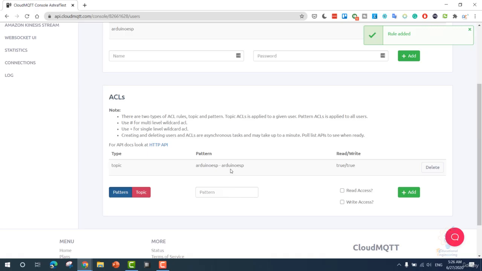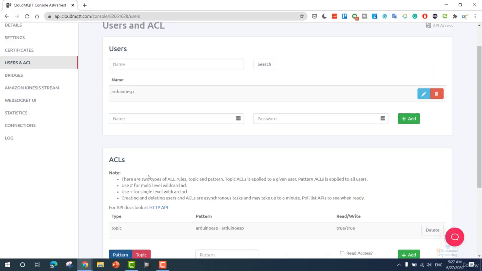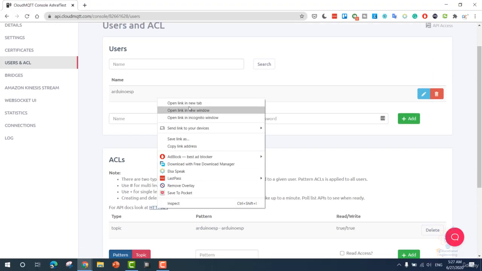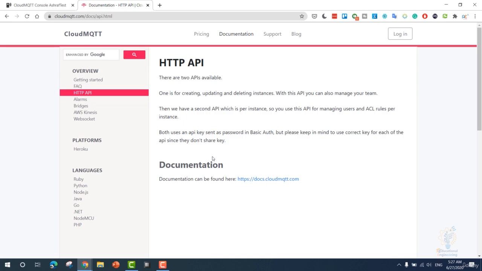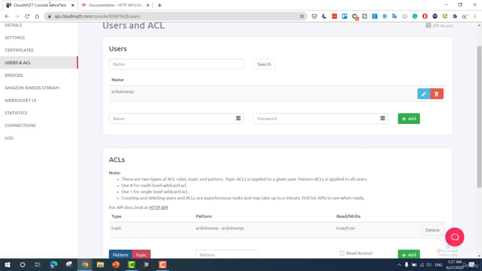Now we have the user connected and has read and write privileges over our instance. Now you can see their API for further information on this, but that's it. This is how to create an instance using